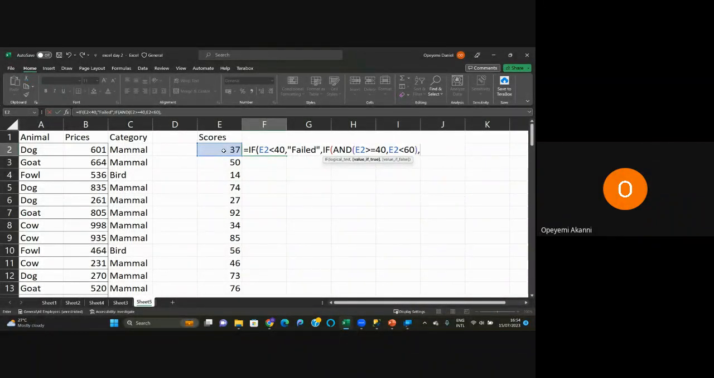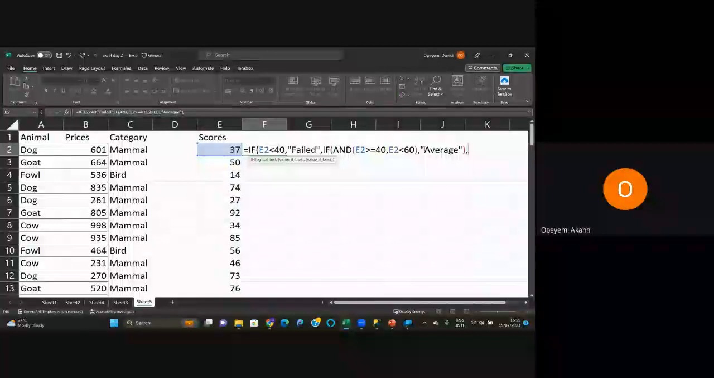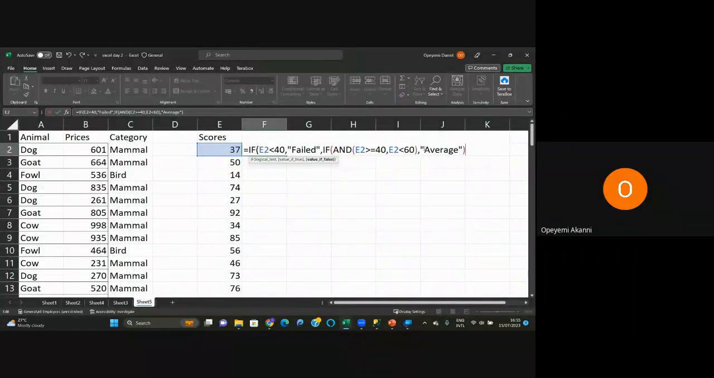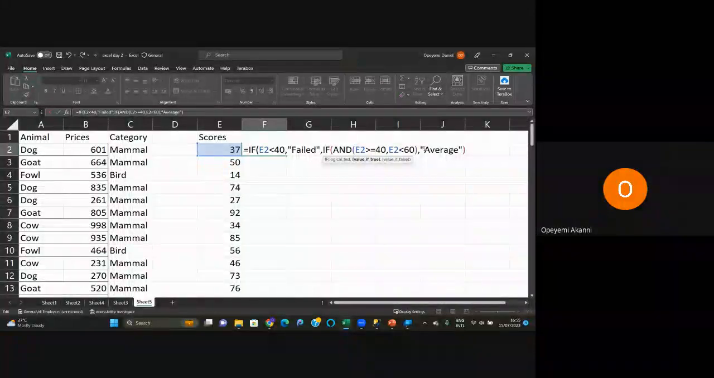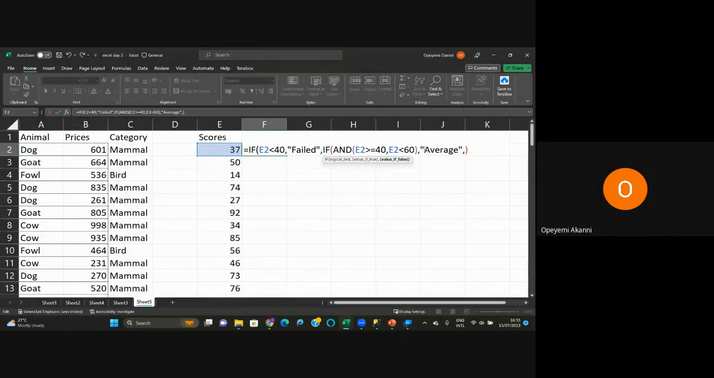Comma. So what should be the value if true? Value if true should be "Average", right? Average. And you close your brackets. Okay, I need to go back inside there. So comma, the value if false again. So we need to add another IF condition here again to say that if the score is greater than or equal to 60. So we say IF